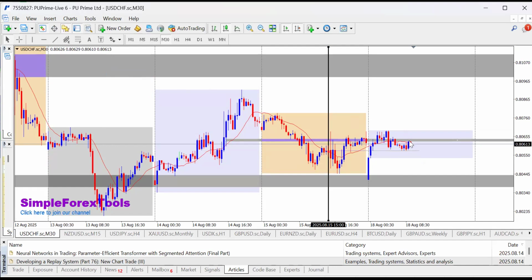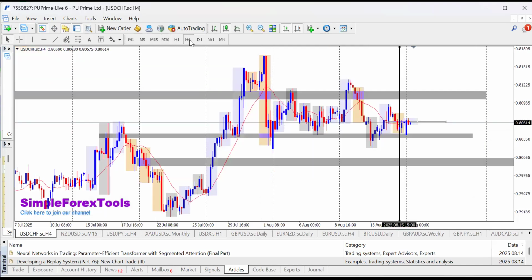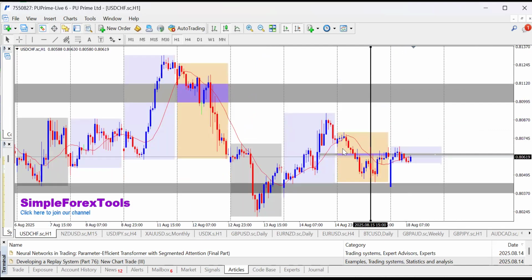A breakout above this line, this 4 hours resistance, a breakout to give me more room to buy up to 0.80935. Okay, so I'm still looking towards buying USDCHF, especially if price breaks above this high. Once price breaks above this high or this moving average, I'm going to buy USDCHF. My stop loss is going to be around here, right? So my stop loss is going to be here. My first TP1 is going to be here, and TP2 is going to be around this level.